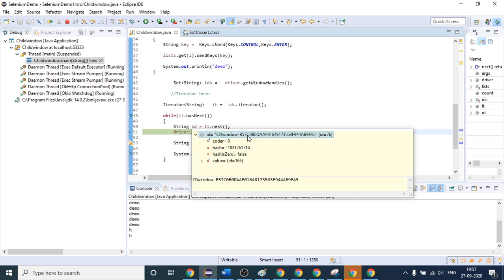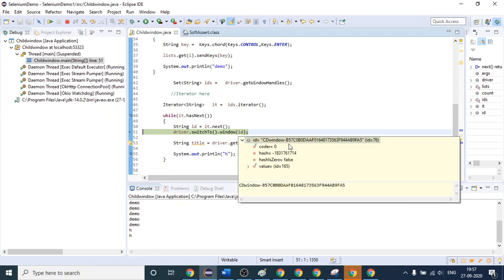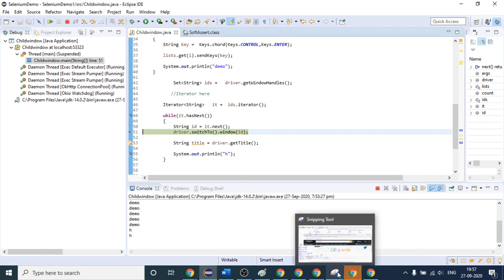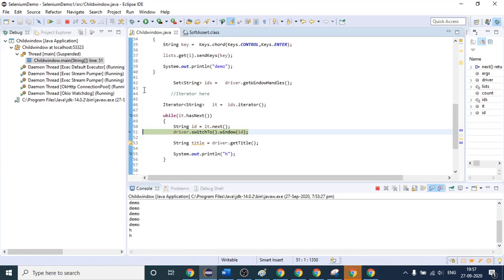What is the ID you are having that will come here. Again, I am saying switch to that ID which has that ID as this one. So what is the ID it will have? Okay, you have to again go from the last. This time it will have this ID, second last step. Okay, so you can see the title Amazon Totem. Come here and then you can see the title Amazon Totem will become